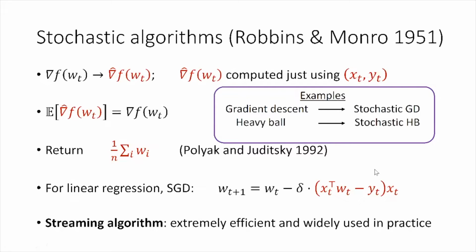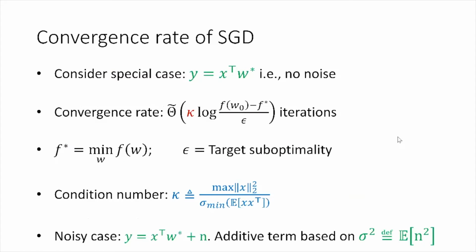Right. So just like we could change gradient descent to stochastic gradient descent, we can ask whether we can convert these momentum algorithms also to their stochastic counterparts, where we don't have access to exact gradients, but we only have access to stochastic gradients, right? So you can easily replace the gradients with stochastic gradients, and then with heavy ball you get a stochastic heavy ball method. With Nesterov's accelerated gradient, you again get a stochastic Nesterov's accelerated gradient method, right? And the question is,